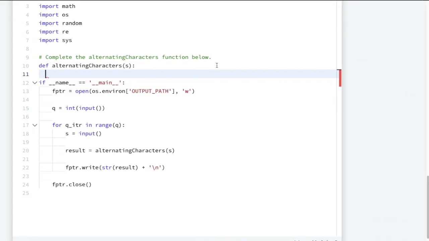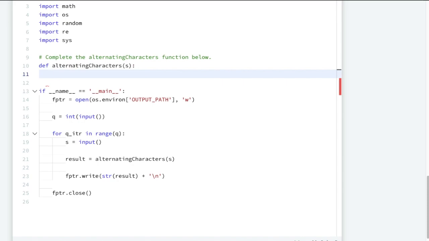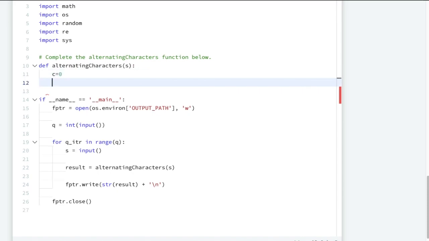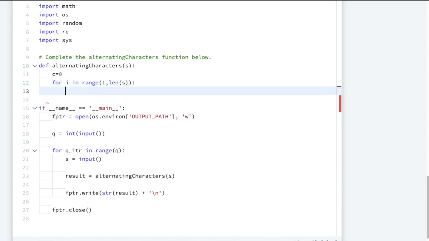So let us write the code here. We will simply take one counter variable equal to 0. Now we will iterate for I in range from 1. We have to iterate from index 1 to the length of s, so that we can check the previous value.